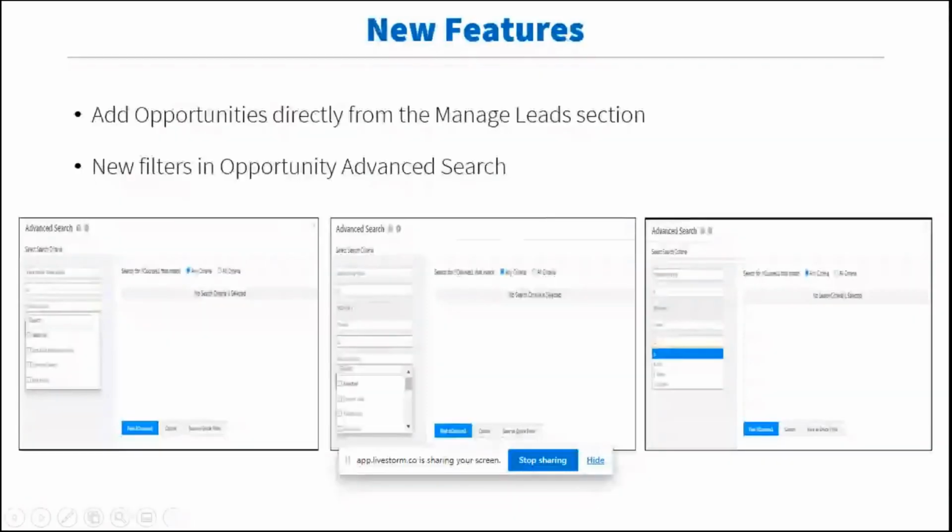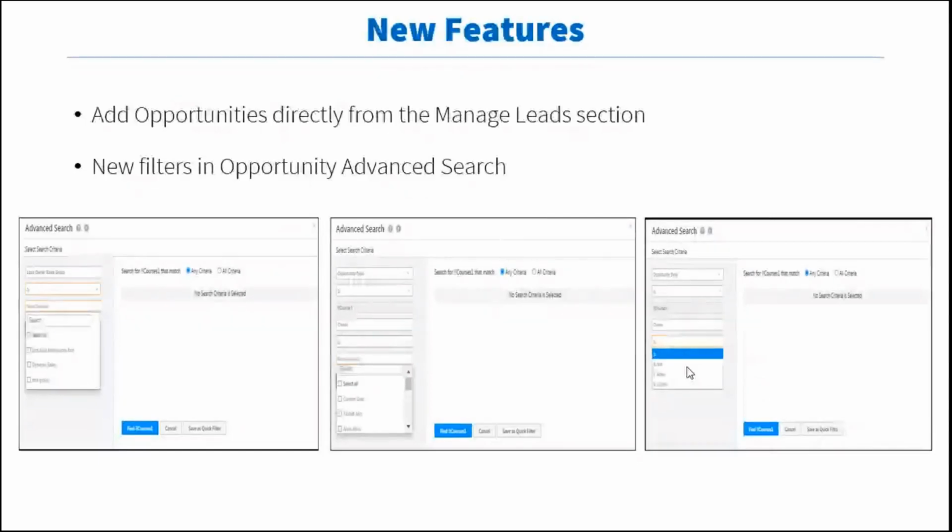Yeah. So what we've essentially done is we've also enabled adding opportunities directly from the manage leads section. So in the manage leads page, you can directly click on a particular row and choose add opportunity and add the opportunity type and create an opportunity there itself. You don't have to individually go to the particular opportunity type. In case there are a lot of opportunity types, this will save a lot of time. We've also